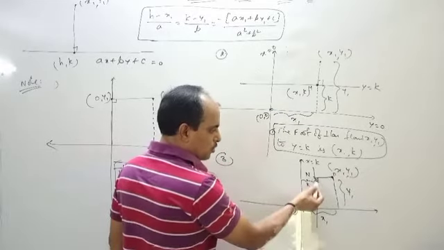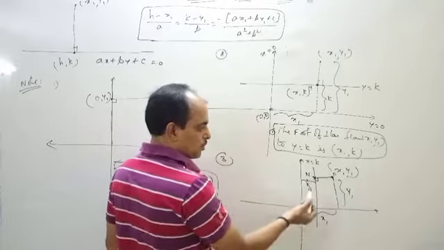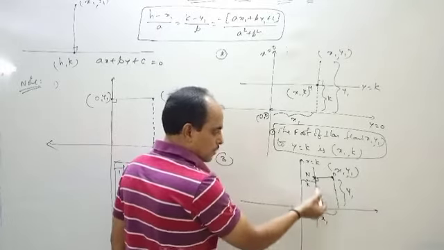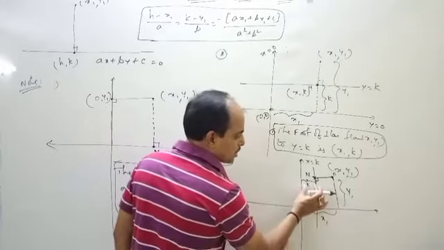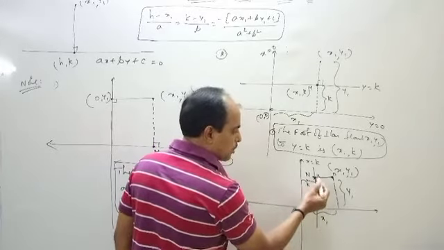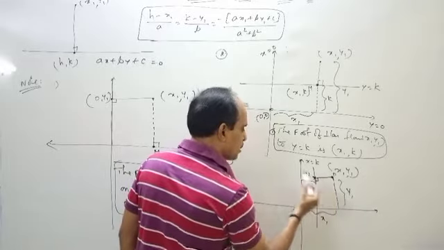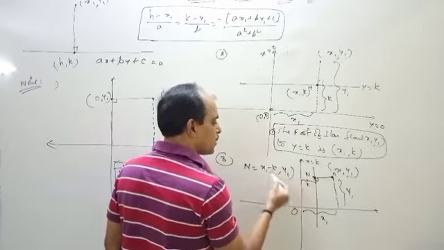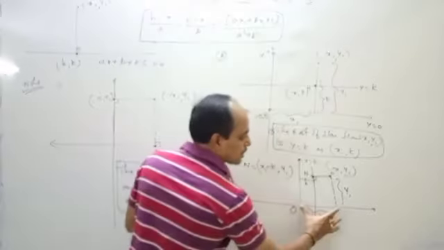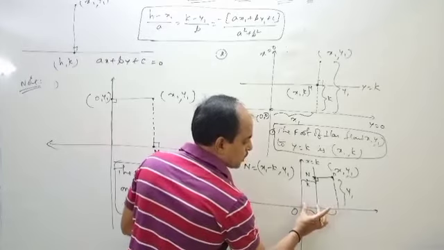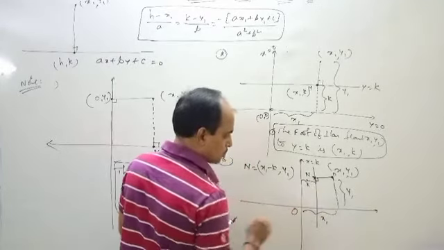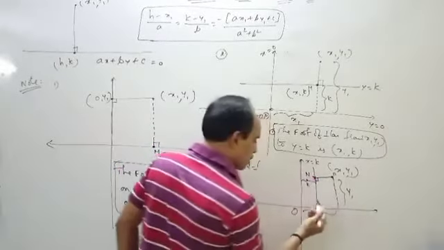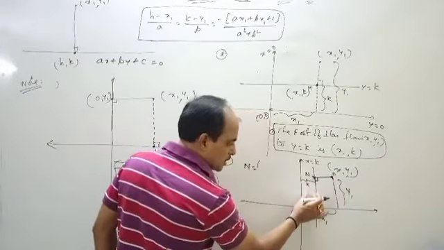Now we have to find this point. How to find this one? You see, the distance is same. y1 is same. But what about x1? This total distance is x1, this one is k. Then what about this point? x1 minus k comma y1. This distance is equal to x1. So this one is equal to k. Sorry, not x1 comma k. Now this point will be, the total distance here is k only.